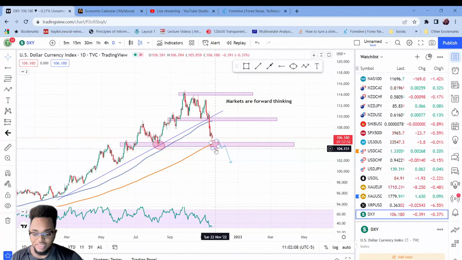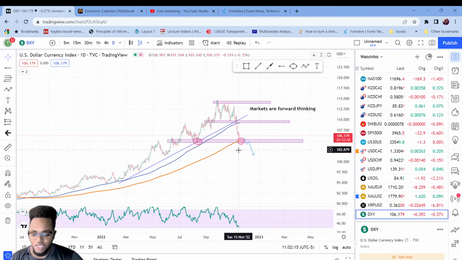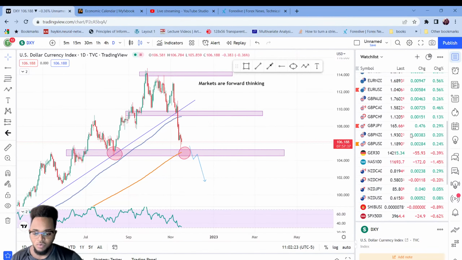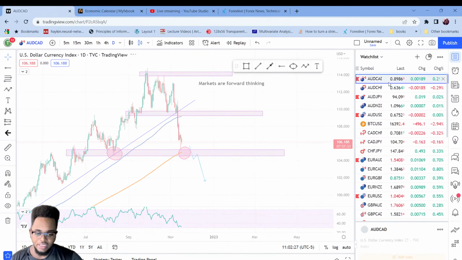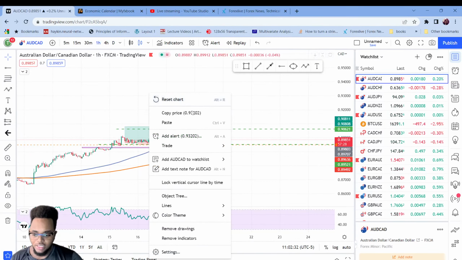If it starts reacting to this level and rejects to continue with this overall upward trend, or if we're just going to see a break lower and continue to the downside with that USD strength. Now, there's a few reasons as to why this is happening, and we'll discuss that. But for now, let's just take a look at the AUD, the NZD, and all these other risk currencies, right? So taking here a look at the AUD,